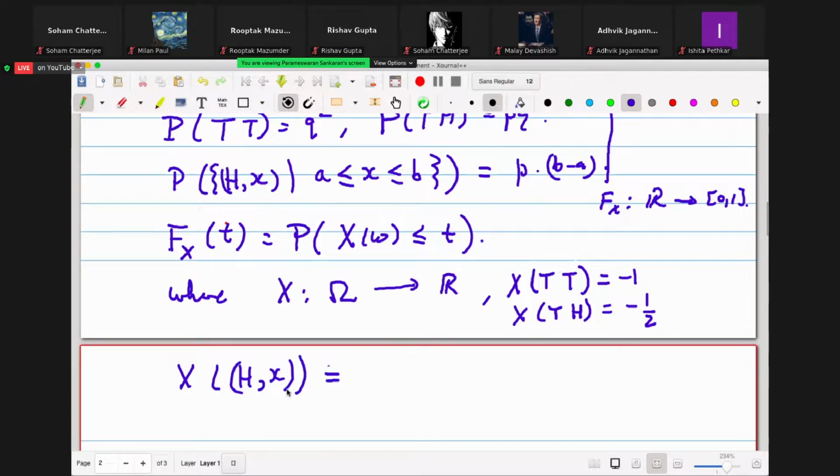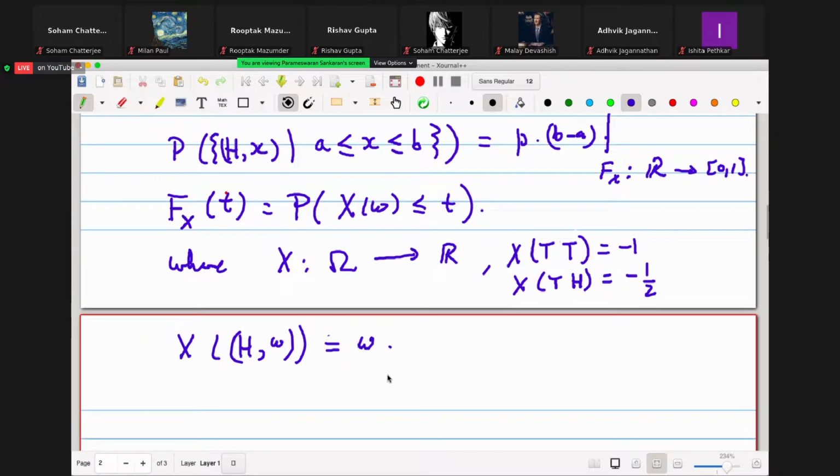This is equal to, now this little x, if you find little x confusing, I'll write omega here. There's going to be some more x. So let me write omega here. And omega is an element in this interval. Let us say it is p times, it just doesn't matter what p is. So let us just write here omega. So this is it.